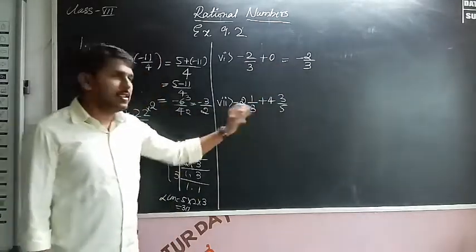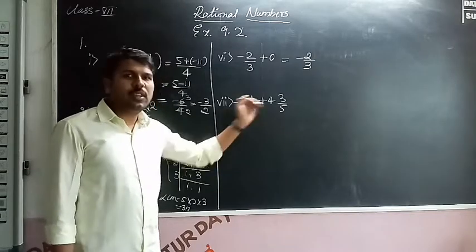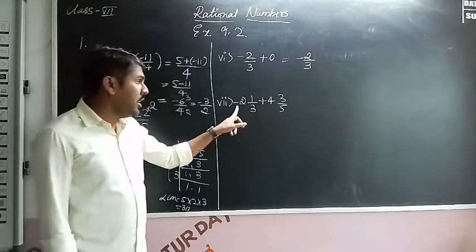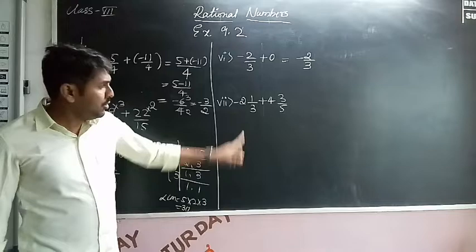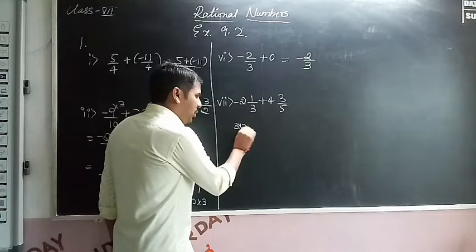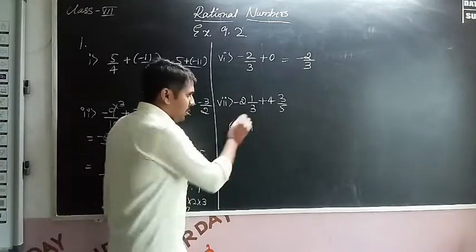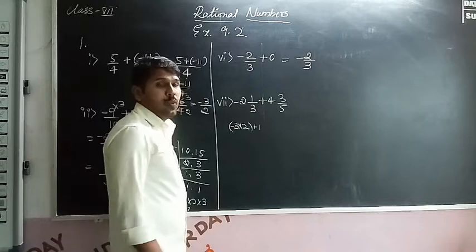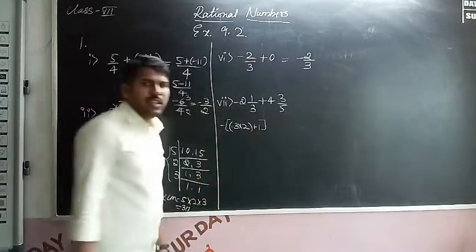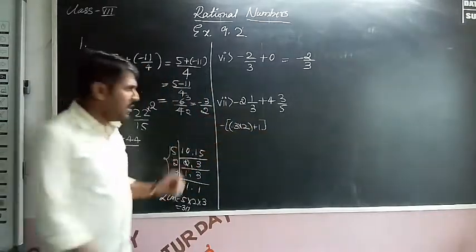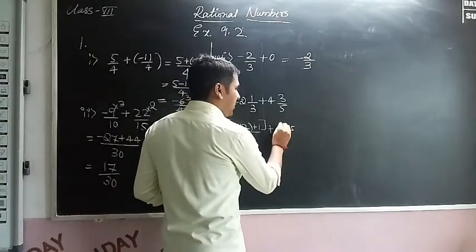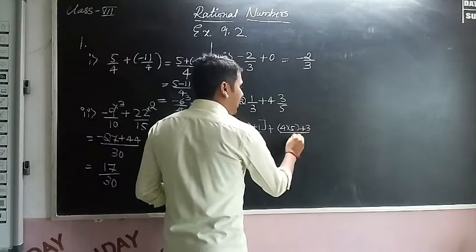So next, here they are given in mixed fractions. So first convert them into improper fractions. Multiply the whole number with the denominator. Here the minus sign is there, so concentrate properly. So 2 3s are 6, 6 plus 1. So 3 into 2, here the minus sign is there, plus 1. This is minus for the whole number. So divided by 3 as it is, plus 4 into 5 plus 3 divided by 5 as it is.